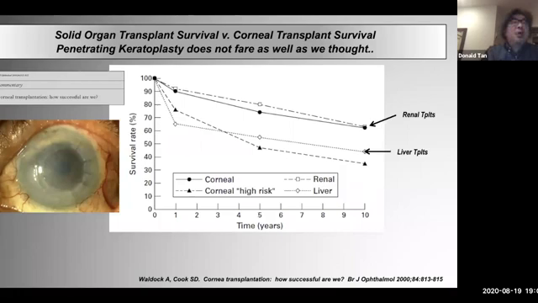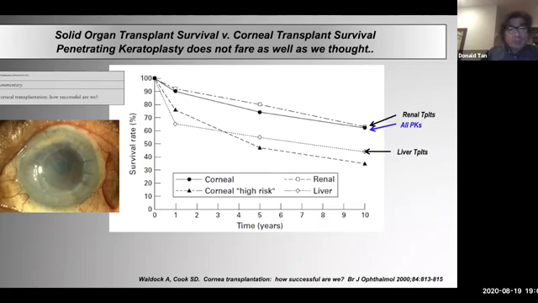It sparked a commentary called Corneal Transplantation, How Successful Are We? So here you see survival curve analysis up to 10 years of renal and liver transplants, Kaplan-Meier survival. If you superimpose the data from the UKTS, the British corneal transplant data, you see that all penetrating keratoplasties, PKs, do only about as good as renal transplants. We've heard in the textbooks about immune privilege, and the cornea is avascular, so graft survival is better. We don't use systemic immunosuppression, but at the end of the day, we're only as good as renal transplants.